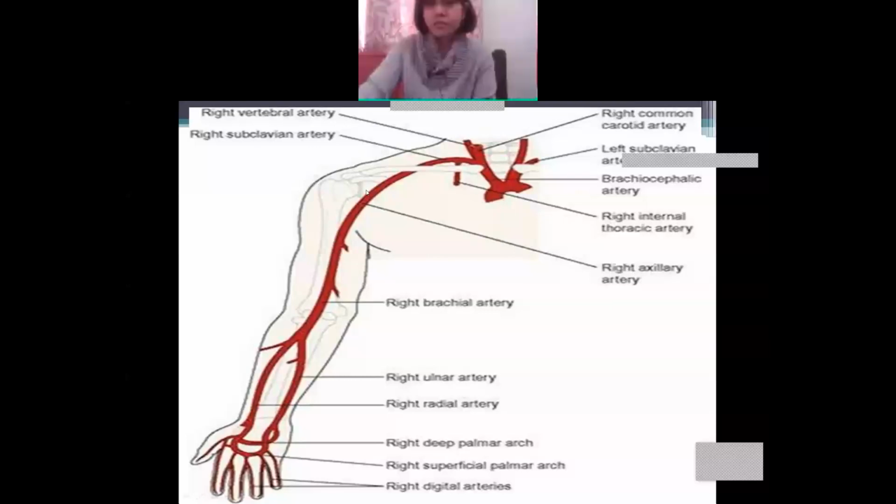Repeat, ma'am. Okay. So this is the upper limb vessel. मतलब upside, at the upside, what are the arteries that you will find? So this is the limb. From the picture itself you can also see, this is known as the limb.